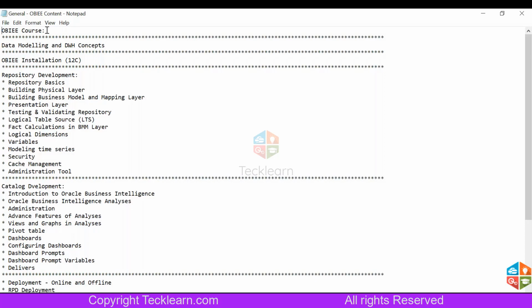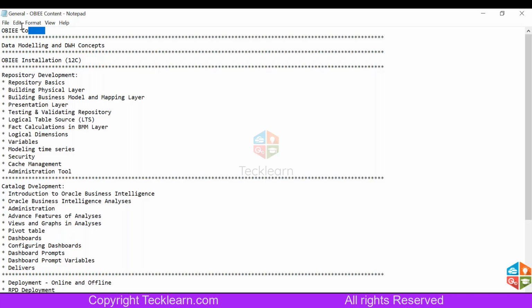The entire course is modeled in such a way that I will be treating the learner as a complete fresher, or let us say someone with at least some SQL knowledge, and taking him to the OBIEE developer perspective. When I say OBIEE developer, I'll be assuming an individual developer working alone. So he needs some part of admin and major parts of the RPD and catalog. What are those things? We'll see them one by one.